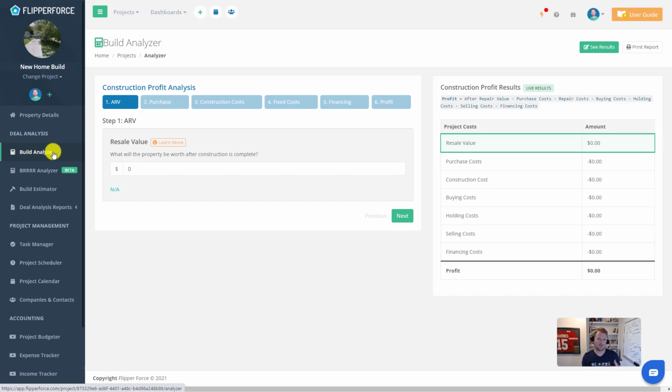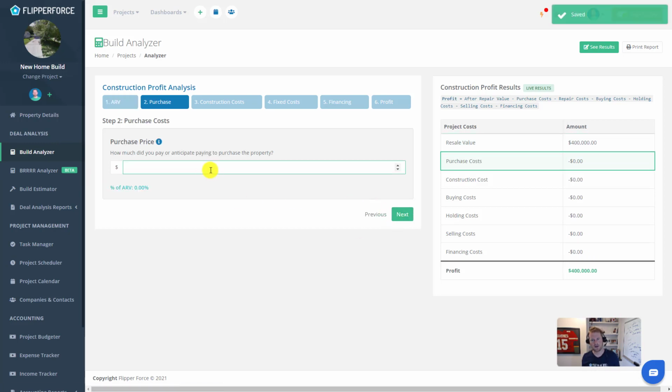The first tool you'll see in our sidebar is the Build Analyzer. Usually this tool is called the Flip Analyzer for flips, but it's been rebranded as the Build Analyzer because now you're analyzing a new construction deal instead of a flip. Just like the Flip Analyzer, it helps you determine how much profit is in the deal and how much you should offer for an empty lot. We can go through the step-by-step analysis and input the resale value, our purchase price, and